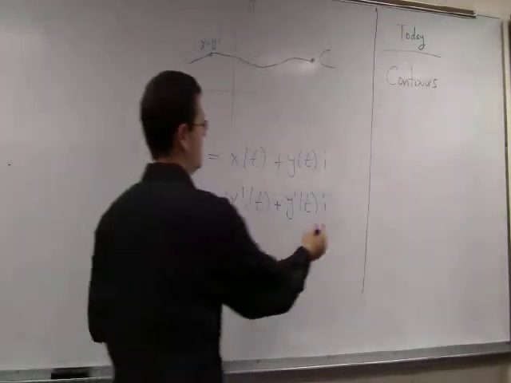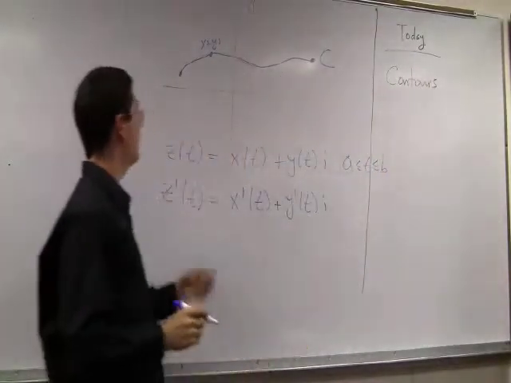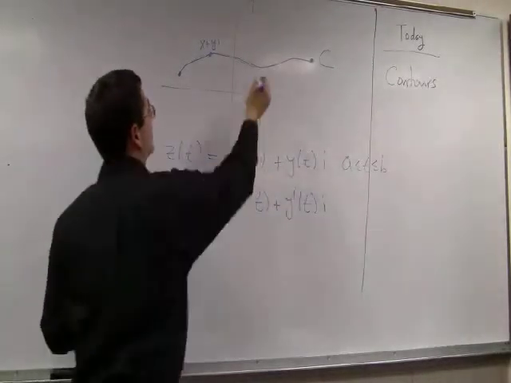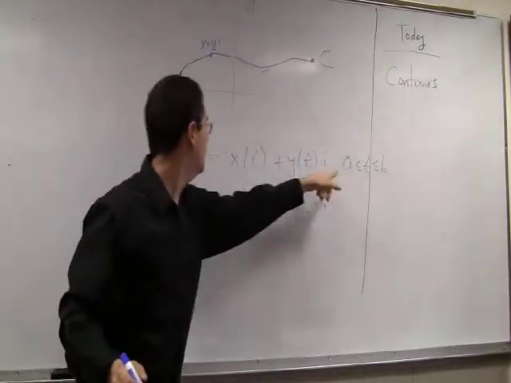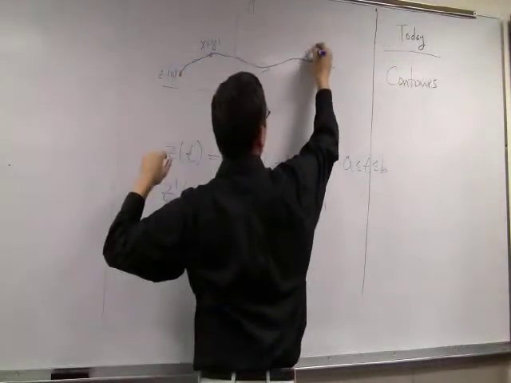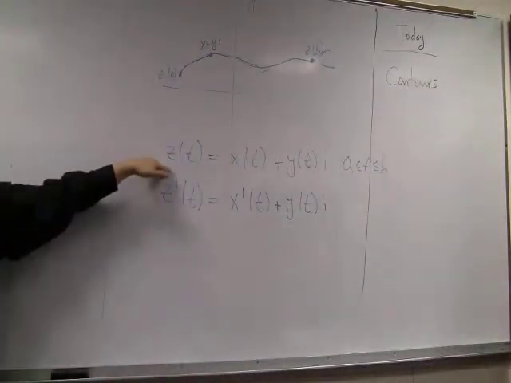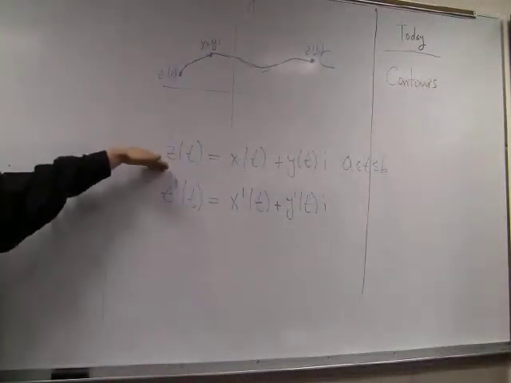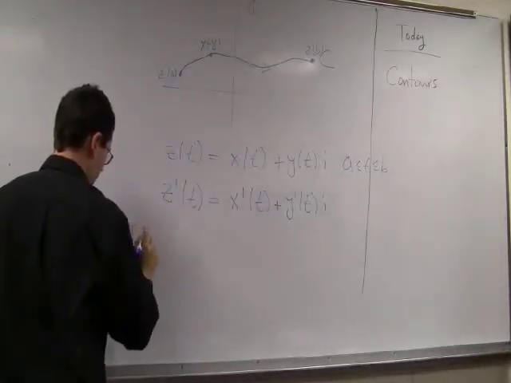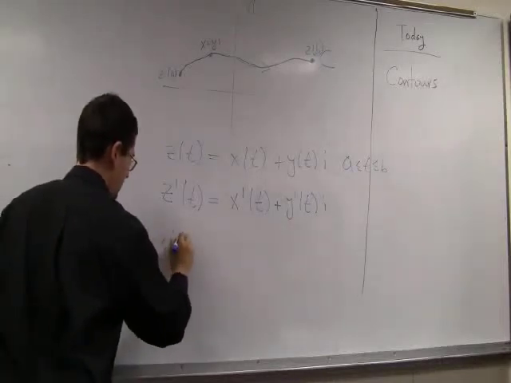So here t is running from A to B. If it's the case that when t is A, you get Z of A, and when t is B, you get Z of B, then we'll call this a parameterization of C. So we'll let Z of t